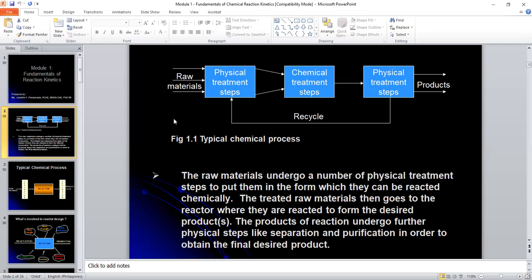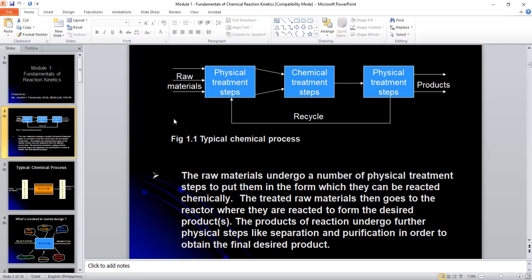So we can learn unit operations, but without the heart of the process, which is the chemical treatment steps, if you're going to ask my own opinion, they are, shall I say, rendered not useful, because the primary purpose actually of the unit operations